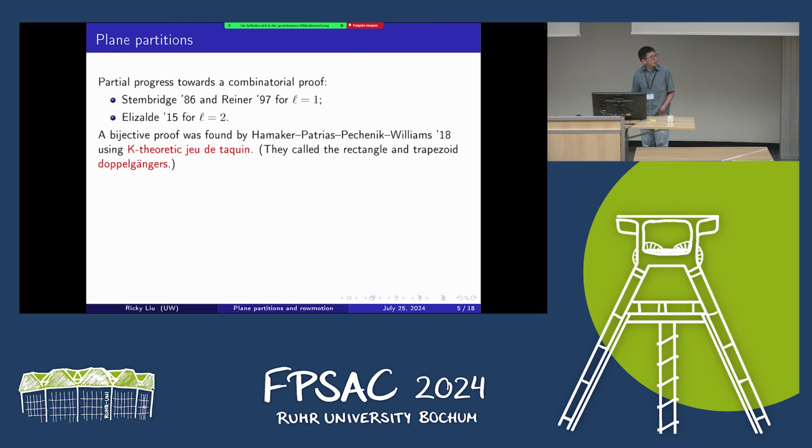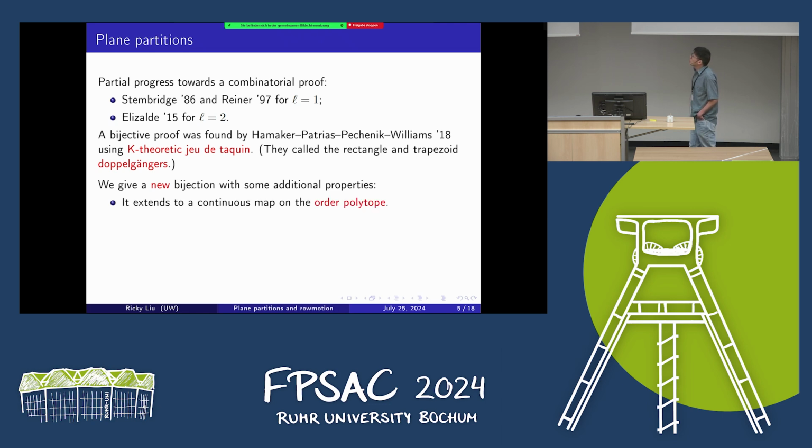And so let me spoil the game here, and tell you what the main result I want to talk about is. We're going to give a new bijection between plane partitions of a fixed height, and it's going to have some additional nice properties. The first property is that it's going to extend to a continuous map on the order polytope. I'll say what I mean by this a little bit more in a bit, but essentially this map given by these other authors